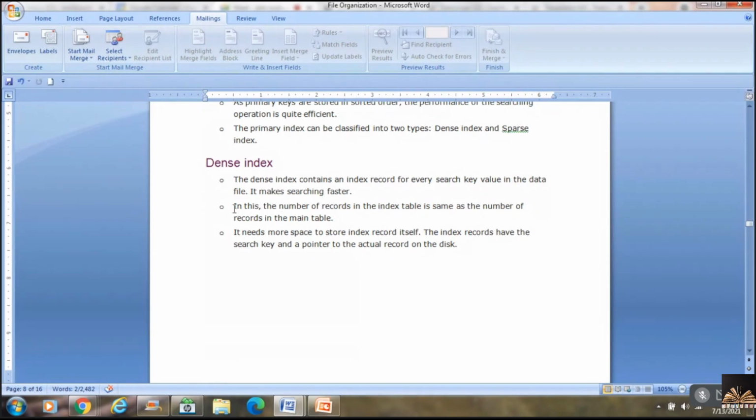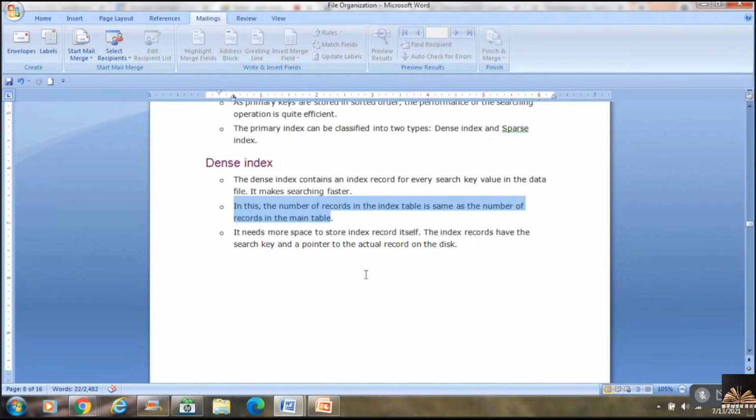Why is this happening? Because I'm creating an index for each and every record of the table, and that is the reason why this concept requires a lot of memory.